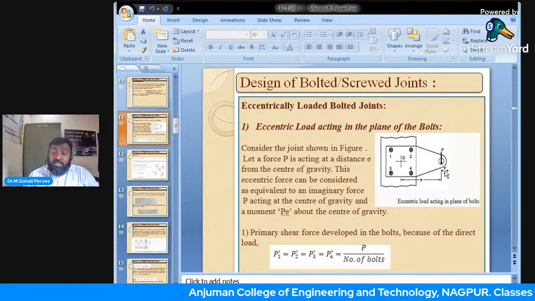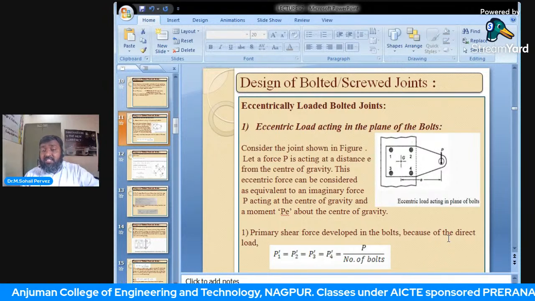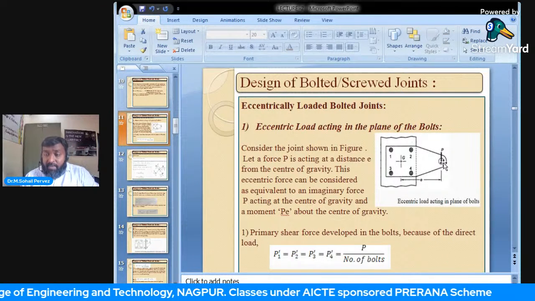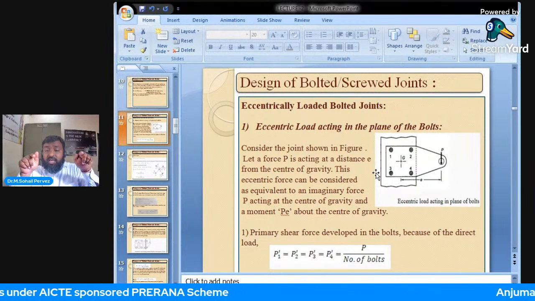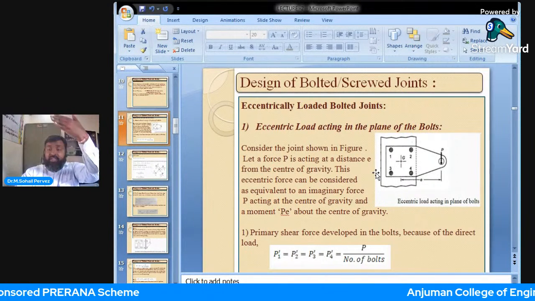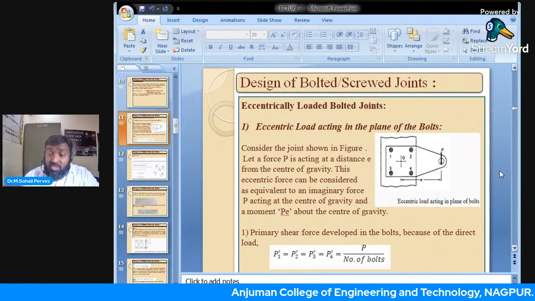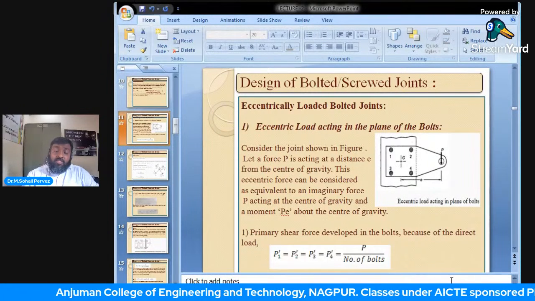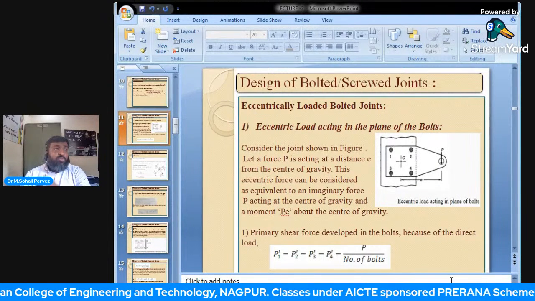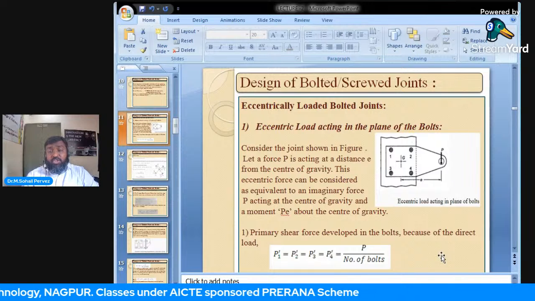Due to the self weight of the plate itself, on application of P, it will try to move down, and these 4 bolts will try to hold it at its position, thereby creating 2 equal and opposite actions known as shear. So this shearing action will prevail at these 4 points, and hence all the 4 bolts, 6 bolts, 8 bolts, whatever may be the number, will be subjected to primary shear load